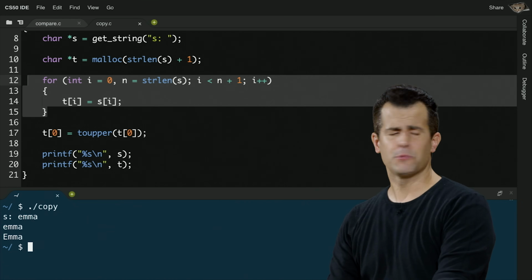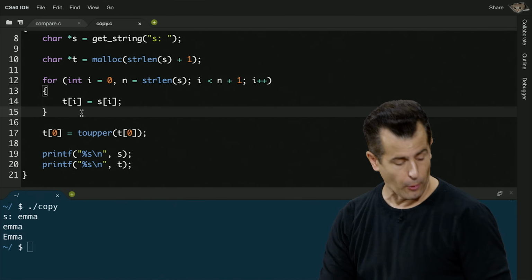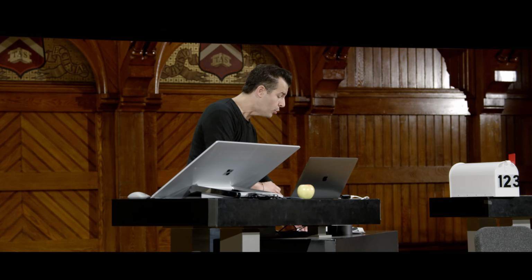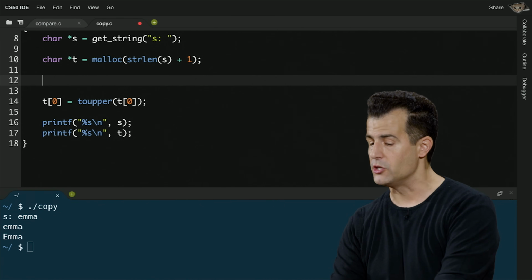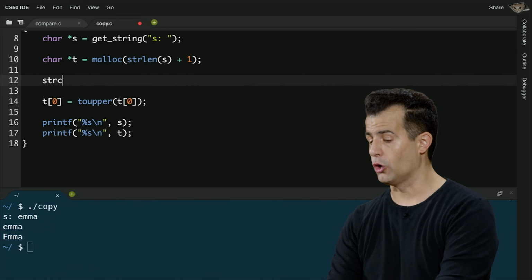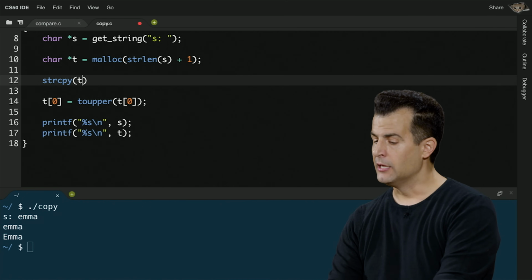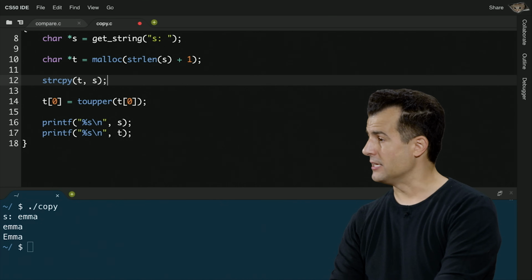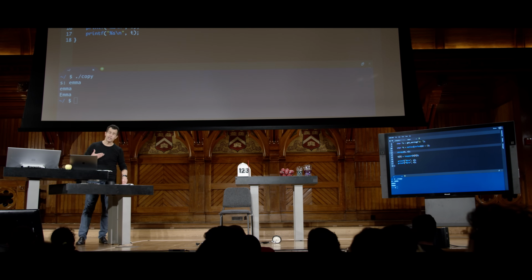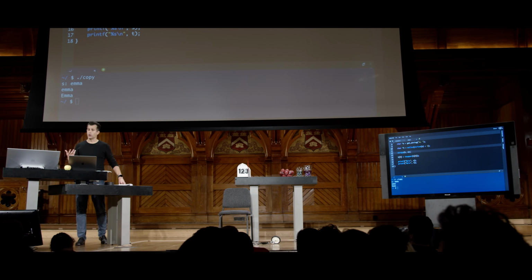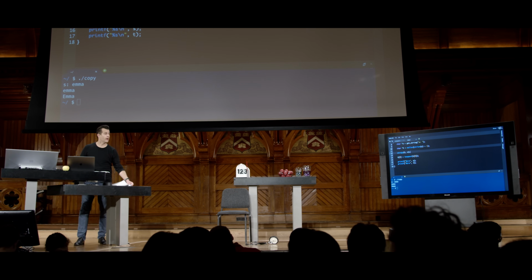All right, let's clean this up too. Surely people have copied strings for years, and in fact, we don't need to do this for loop ourselves. It turns out we can simplify this code a little bit by enhancing this as follows. If you look in the manual page for strings, you can actually use something called strcpy, without any vowels, and you can copy into t the contents of s. strcpy is a function written a long time ago by some other human, and they went ahead and implemented probably that loop for us. And it tightens up our code here a little bit more.